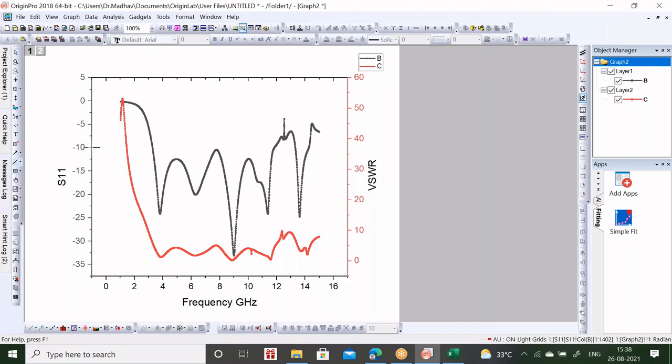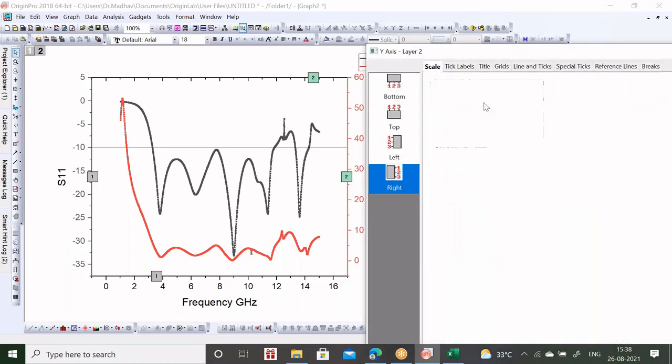Okay, so the reflection coefficient line is this. You can make a line here, and VSWR is 2. So this scale has a minimum value, and the gap is 10. If you want to change the scaling, double click on the scale.